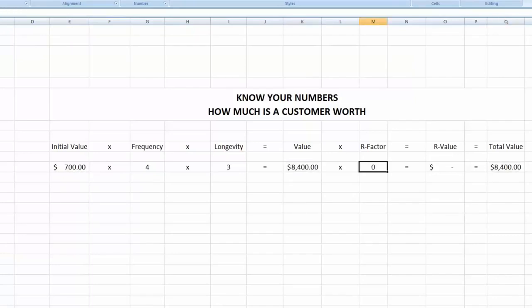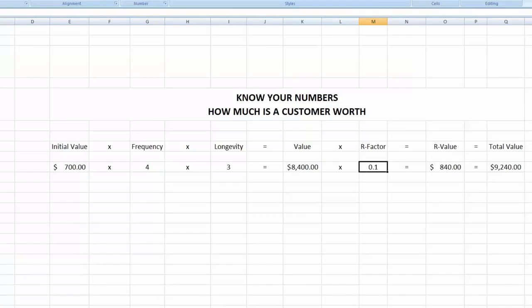What if there is some kind of an R factor of 0.1? Look at how the value changes. What if I add vinyl t-shirts to my business? Or what if I add rhinestones to my business and I only add another $50 to every order? $750, and you see, wow, look at that. I just made a lot more money over time. So this is know your numbers.